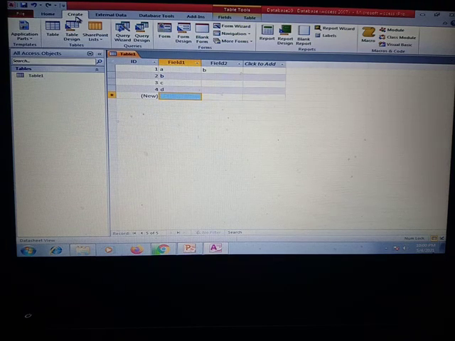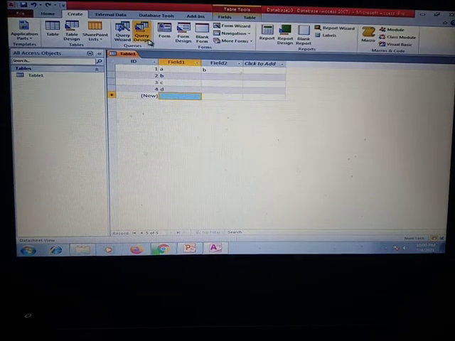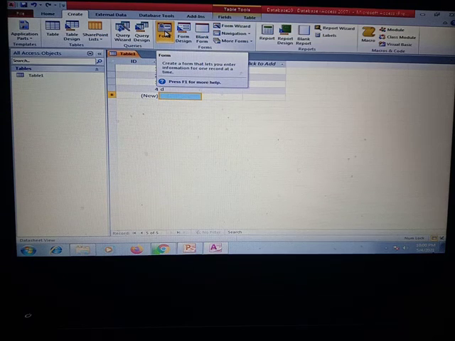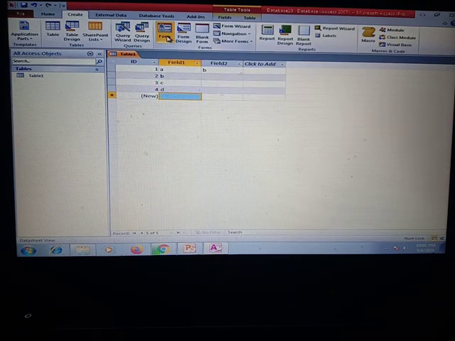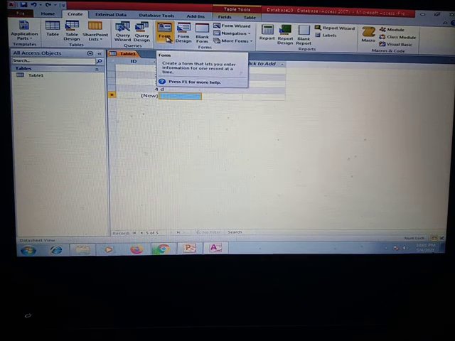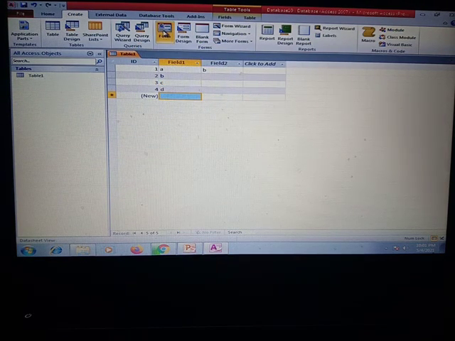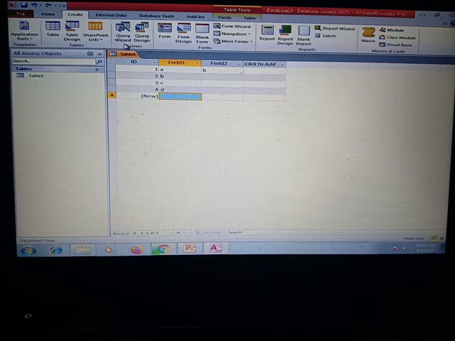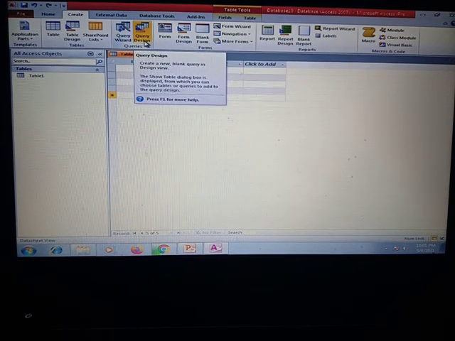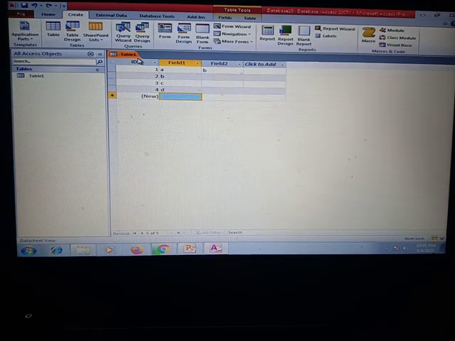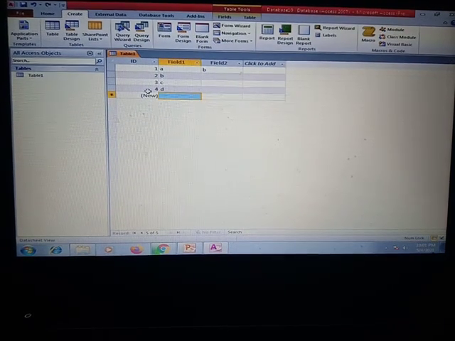From create, we can create the form, as I told you about the various components. One is form, we can click on it and the form will be created, and we have a query wizard and a query design. We will discuss them in the chapter on queries, and the form in the chapter on forms.